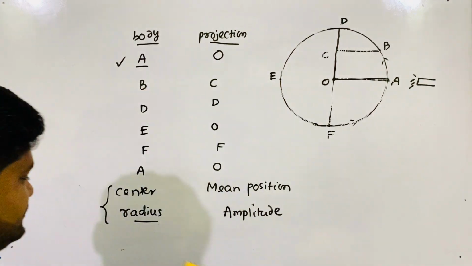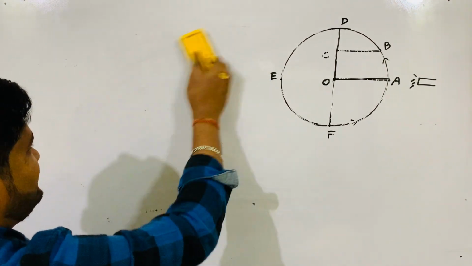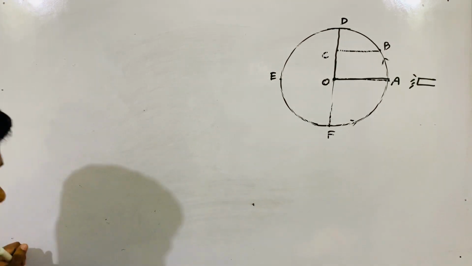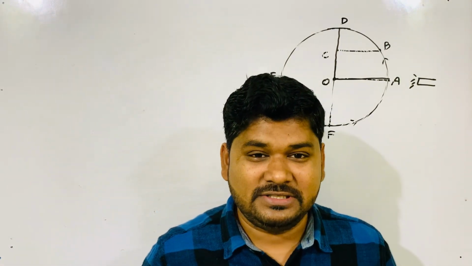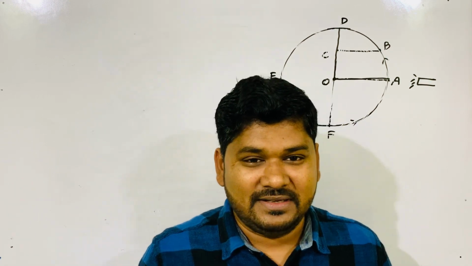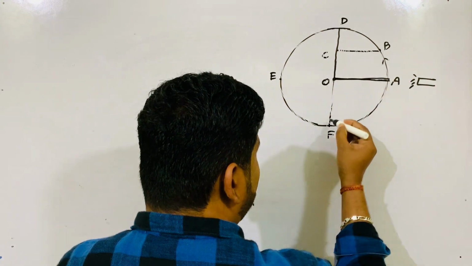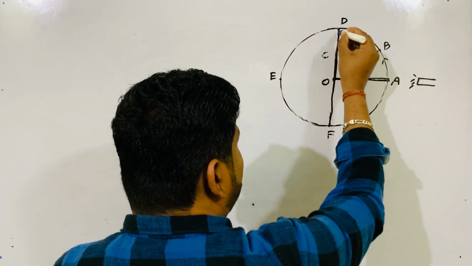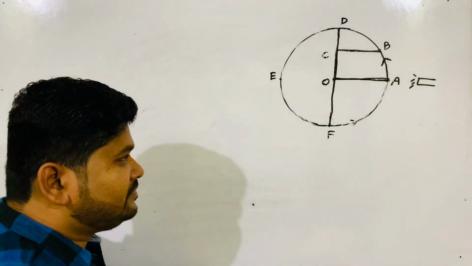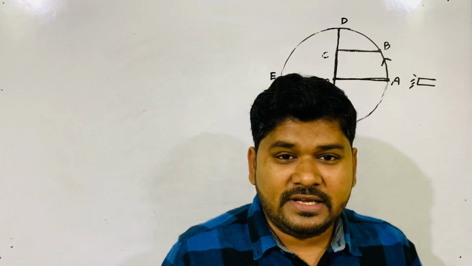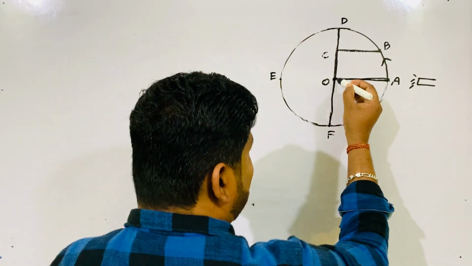So now let's see. I told you after doing the analogy between them, we'll derive the equation of SHM again from this analogy. Very simple. Very simple equation we can derive from here in a very simple way. From a differential equation it's a little complicated, but here it is very simple. When the body moves from A to B, then it describes some angular displacement. This is the angular displacement.